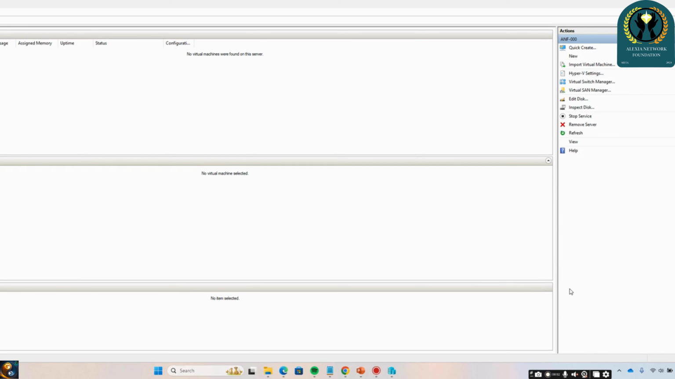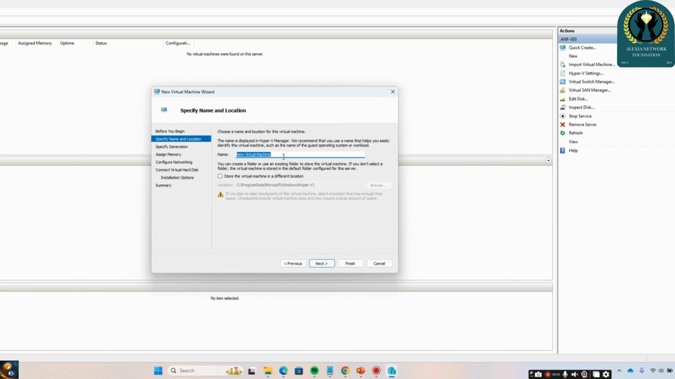Today I'm going to show you guys how to install and configure Windows 11 in Hyper-V Manager. For us to get started, you want to click on the new virtual machine, and then from this box is where we do most of the work before we power up the machine. So let's give this machine a name. I'm going to name mine Alexa Network Foundation,